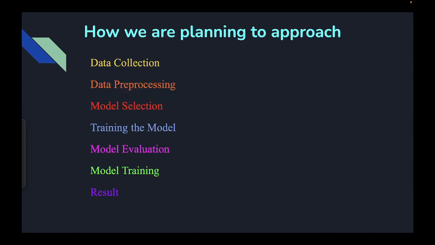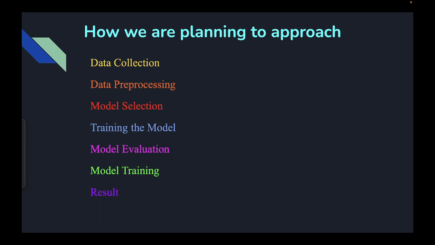Now, how are we planning to approach this? We are going to follow 7 steps for implementing our research. First of all, data collection. The researchers collected data from 50,000 sonography exams performed between 2013 and 2017 at a single institution. Then comes data processing. The researchers pre-processed the data by removing incomplete or inaccurate records and standardized the image sizes.